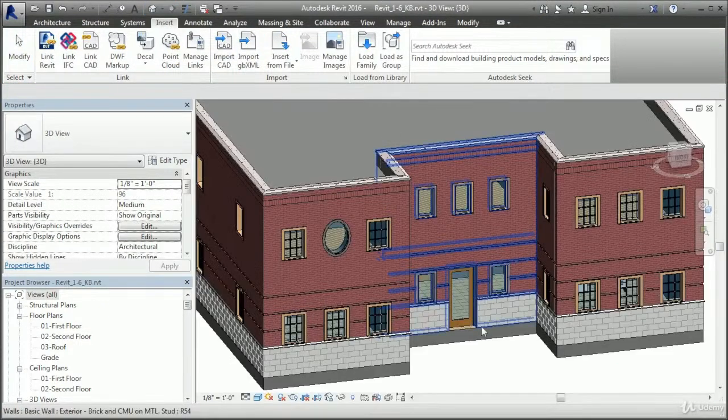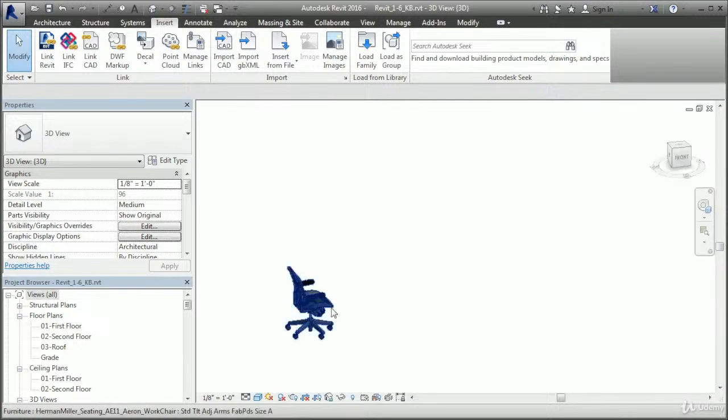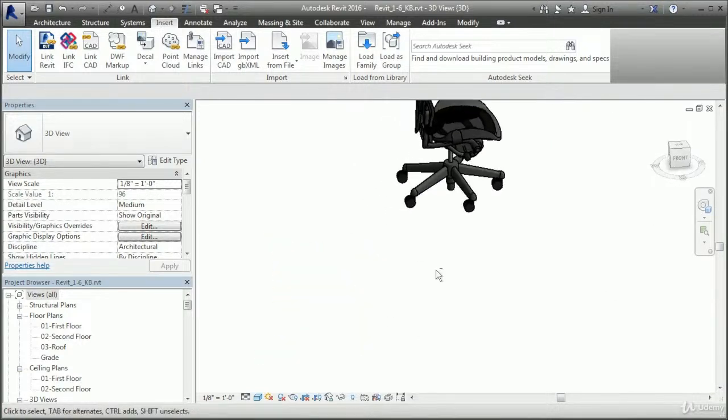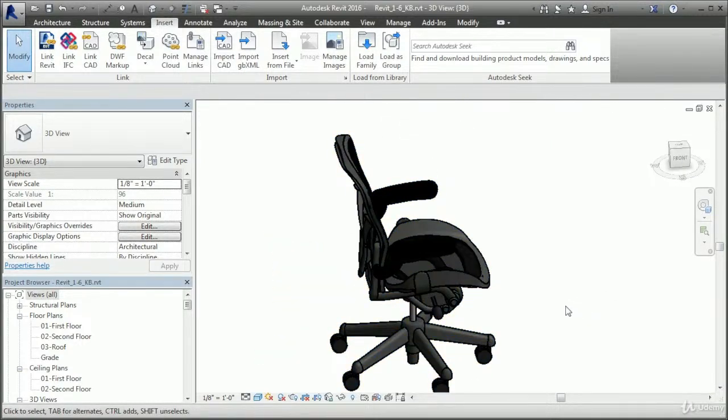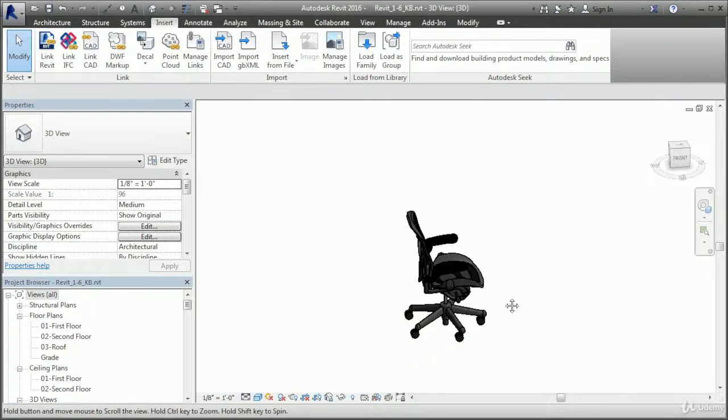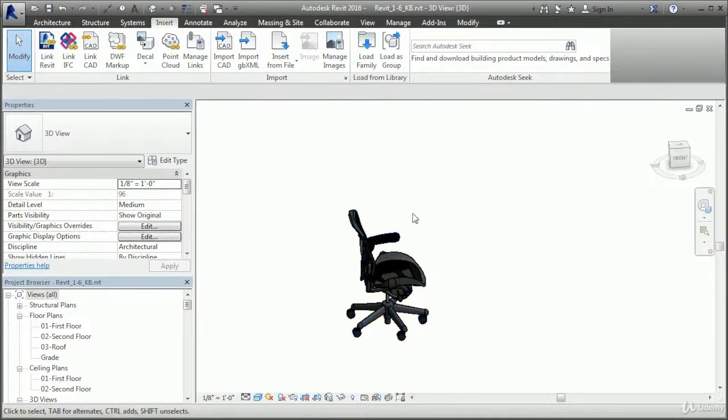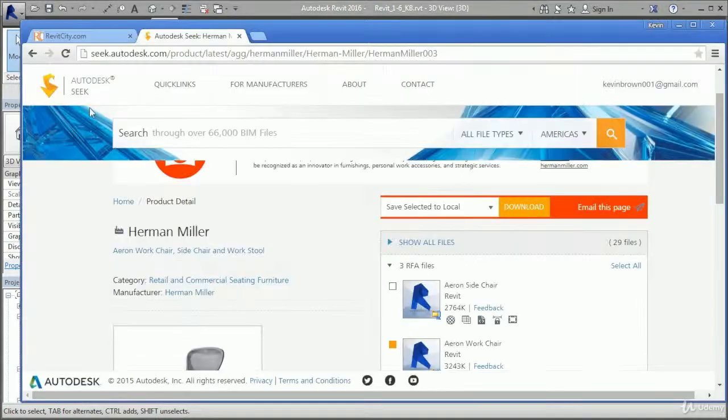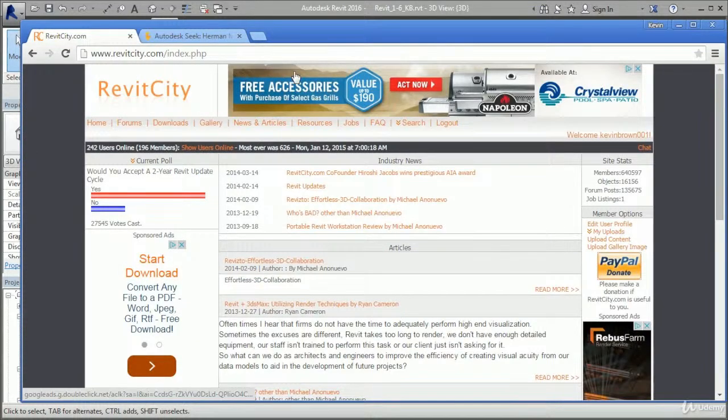And if we change our view here, here's the element that we've accessed from the Autodesk Seek website. Now the other place that you can access files and add content is a website called Revit City. And let me just switch back to that browser window, and I'm going to switch over to Revit City,